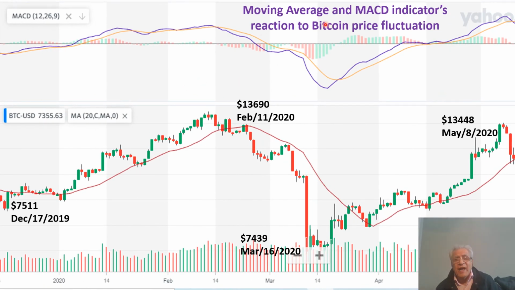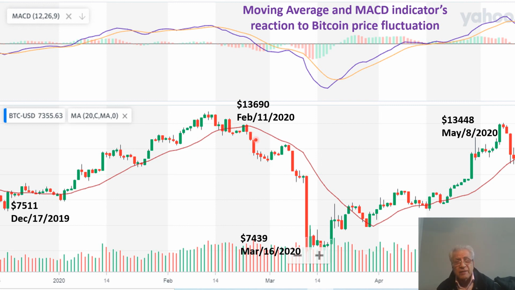This is moving average and MACD indicators reaction to Bitcoin price fluctuation. Now, on the previous slide, we were here that we entered the market at 7,511 on December 17, 2019. Look here, the price is going around the moving average and takes off here, and that's the sign of an uptrend for the moving average. And from here, it breaks the dynamic support, meaning the moving average, and it goes down,